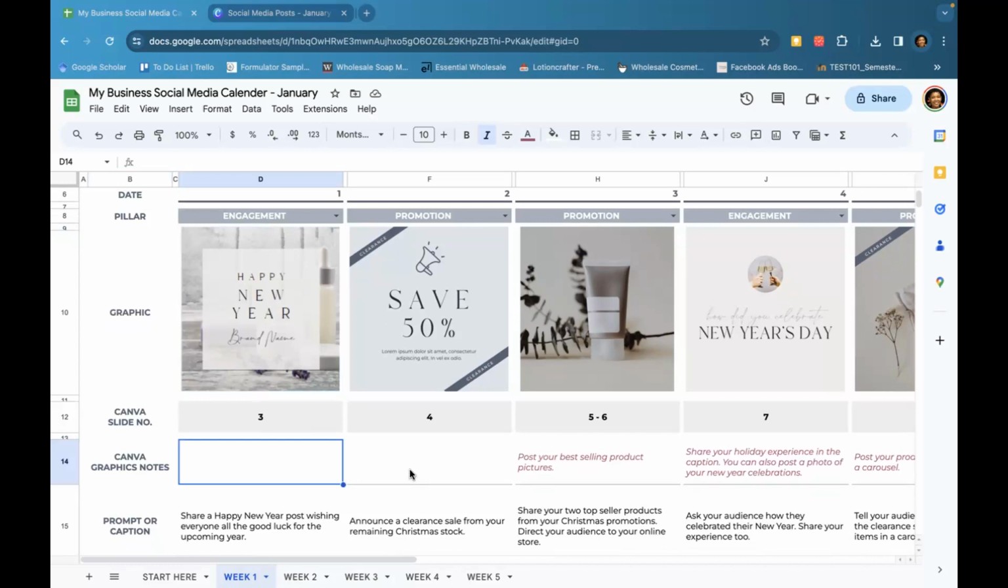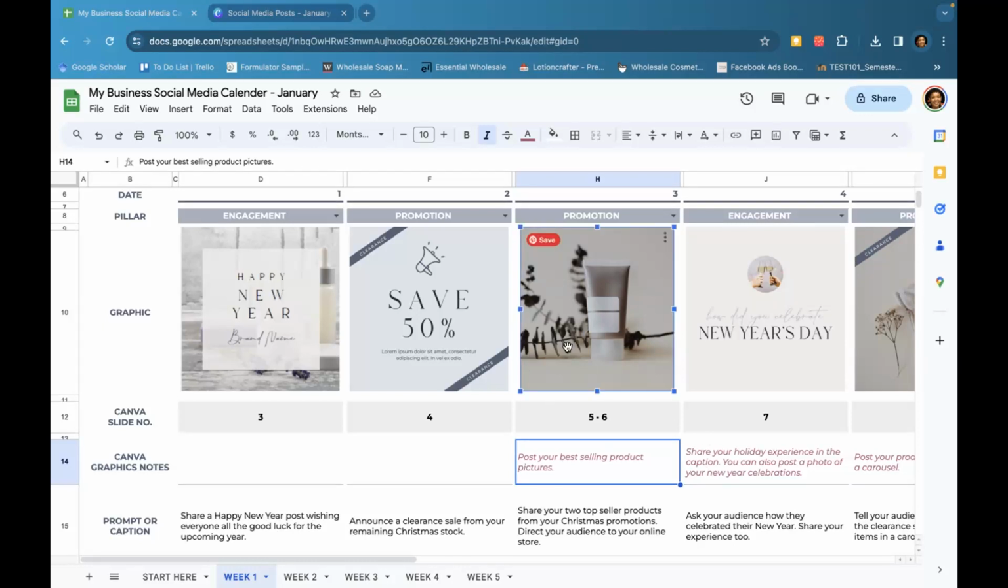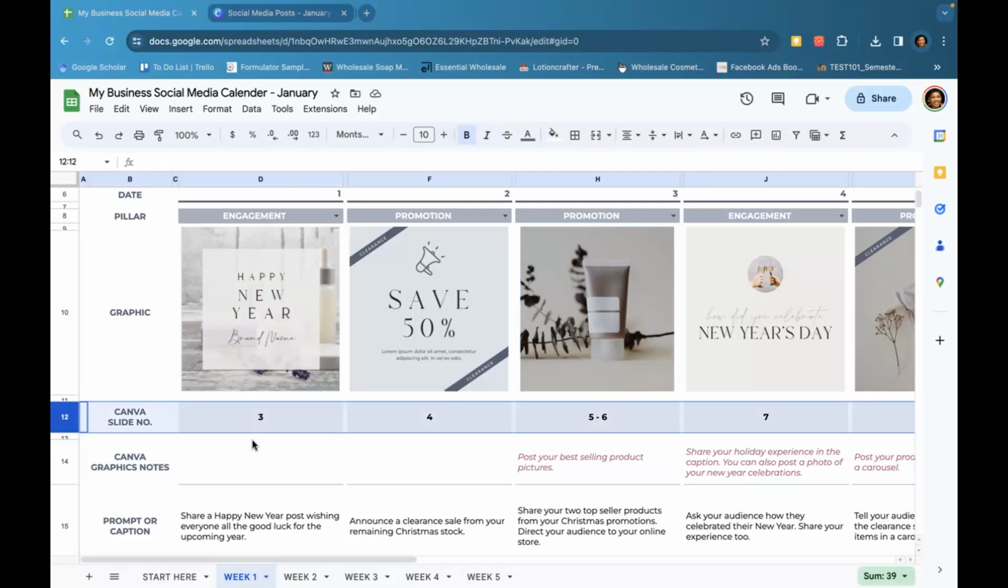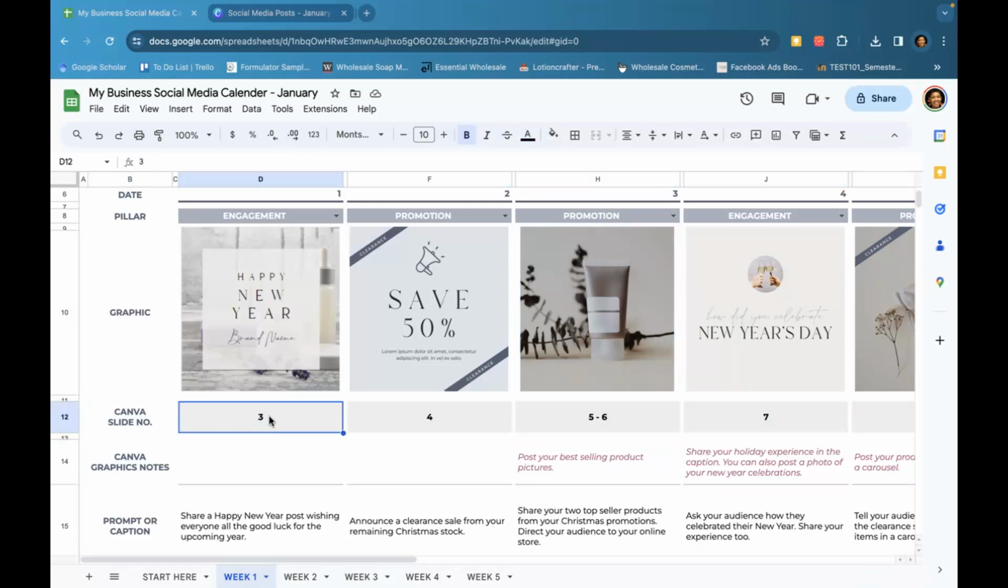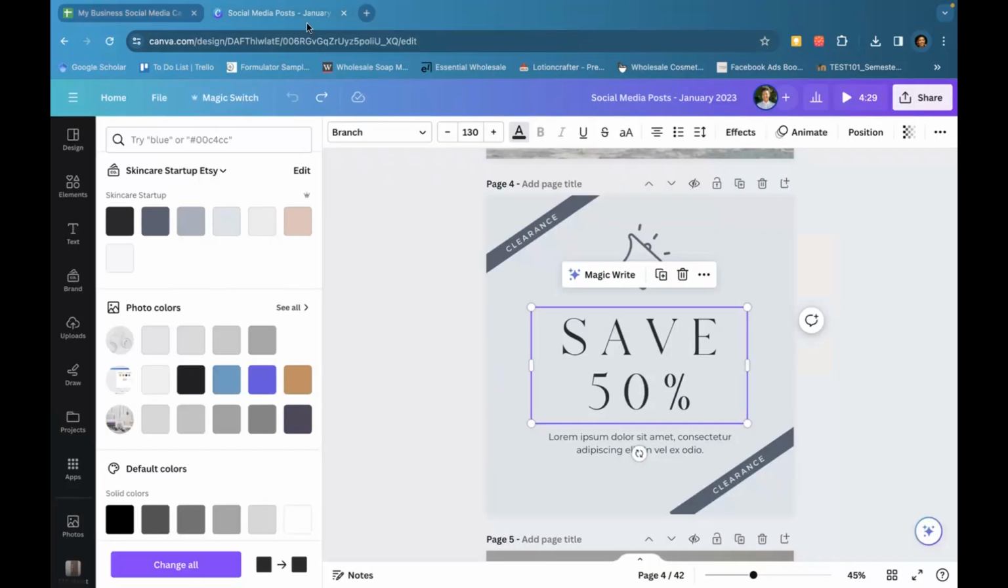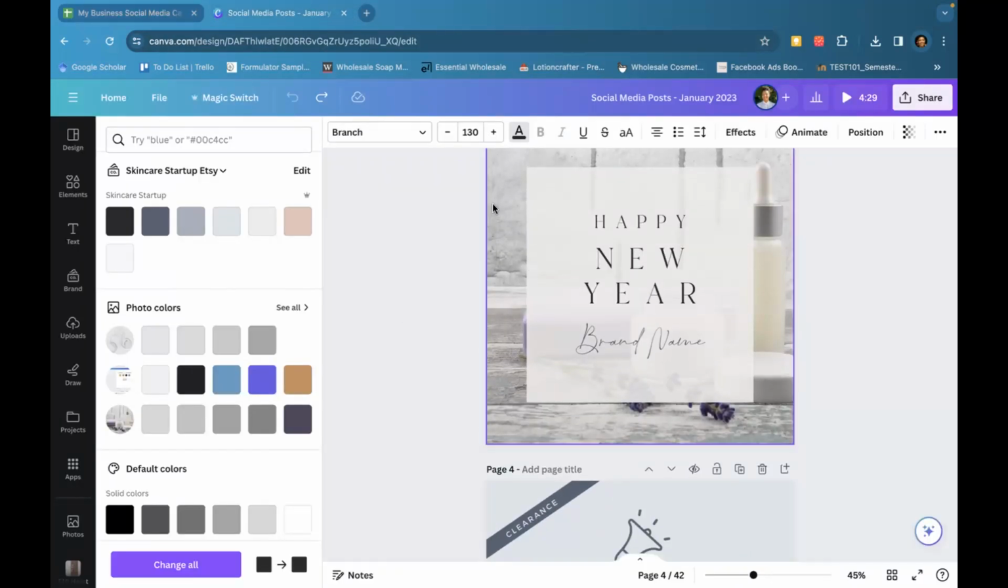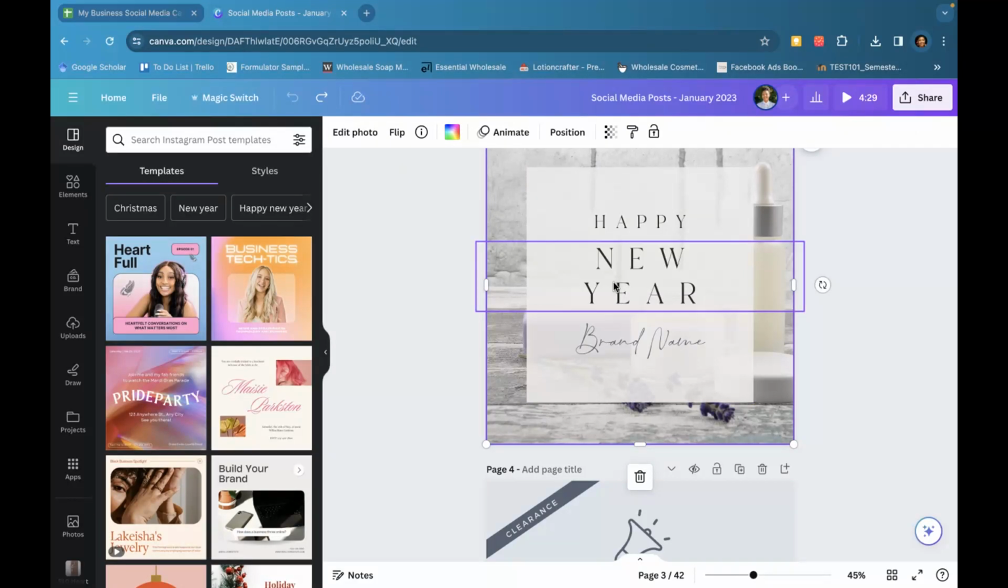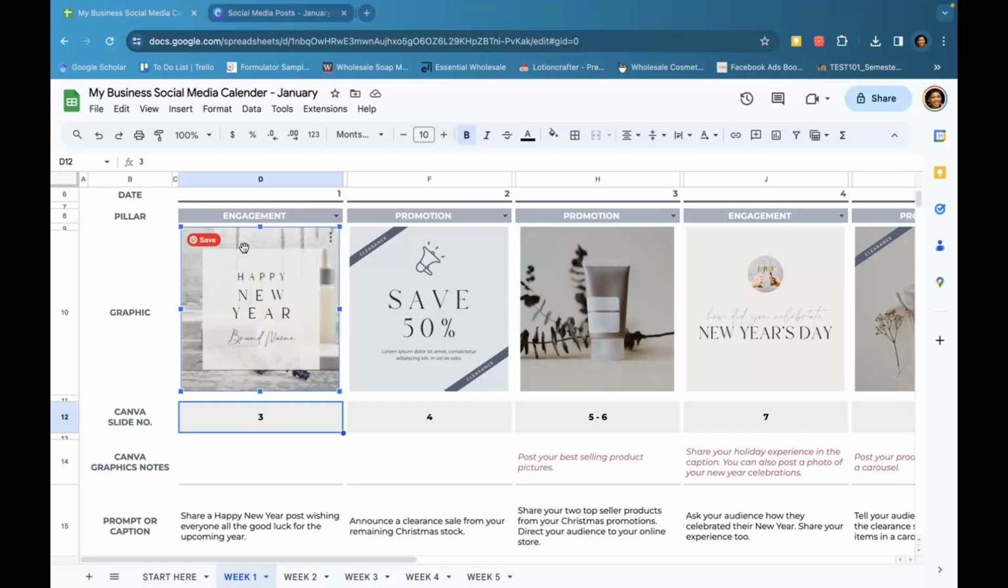In some cases, there might be Canva graphic notes, so we will effectively advise you how you could customize this particular template for you. There's also the Canva slide number, so this would link back, so it is slide number 3 in Canva. So you can go to Canva and go to slide number 3, and there is a design that you can go ahead and edit. Once you've edited that, you can download that as a PNG and you can change this image out if necessary. This particular planner is useful even more so if you have an assistant or if you have a social media manager, so that they can populate this for you, give it to you for approval, and then they can go ahead and